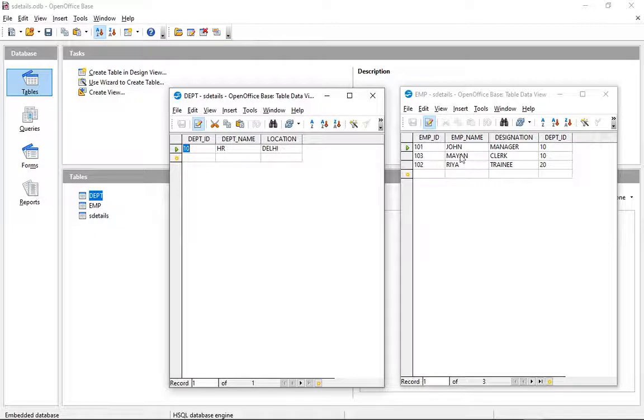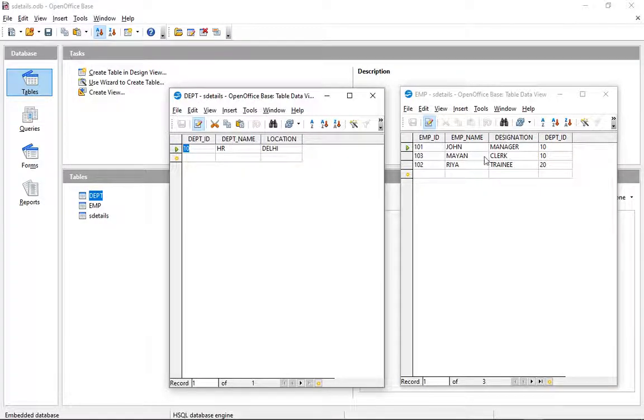Understand? Their department name is HR. That's why they are given the department ID 10. So we can relate these two tables. Is it clear? These two employees are in Delhi and their department is HR, but their designation is different.